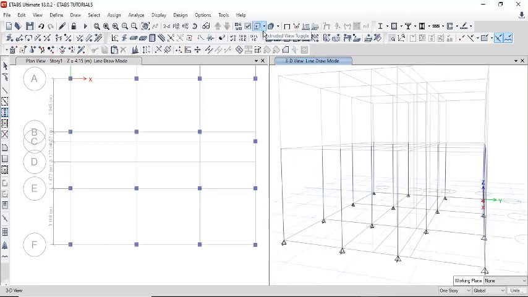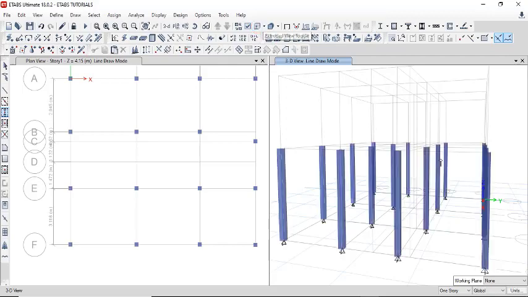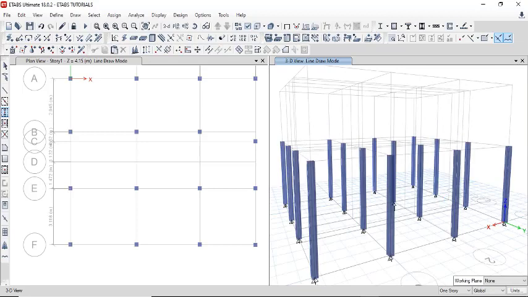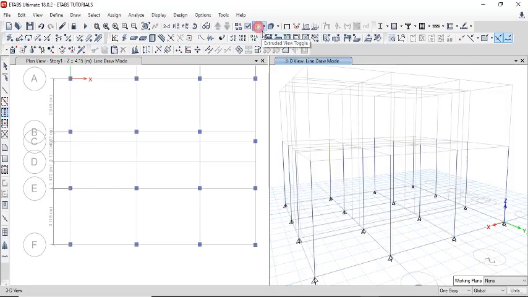Now, if you look at the top of this standard toolbar, click on the extruded view toggle. When you click on here, you can now see it in the 3D form, our columns at the ground floor, taking it to the underside of the first floor. Now, to clear this, just click on that again, the extruded view toggle, and it goes back.